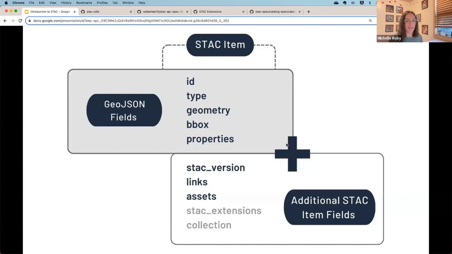Those are the things that make a GeoJSON go from GeoJSON to a STAC item, which includes that STAC version that we mentioned, and links to both the things above it. Like, I'm a part of this catalog and I'm a part of this collection, and then links to the assets that it has as well. And then the optional fields to describe the collection it's in, if it has a collection, and the extensions that it may be using.